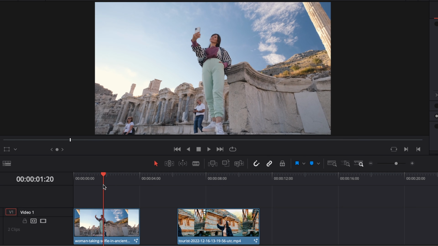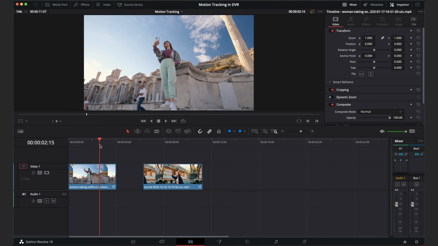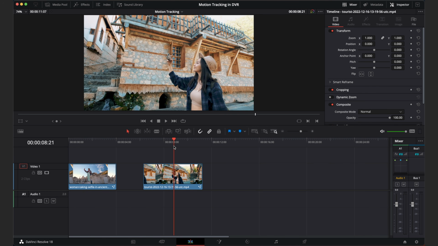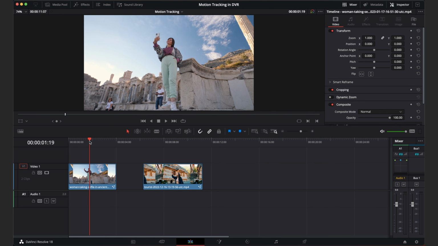Now, the reason why we're going to do two is because there's a couple of different types of trackers that you can use in DaVinci Resolve. So today, for this piece of footage, we're going to look at a point tracker, and for this piece of footage, we're going to look at a planar tracker. We'll start off with a point tracker. So what you need to do is select the piece of footage that you want to add the tracker to, making sure that's selected just by clicking on it. You can see the orange bars go around it.